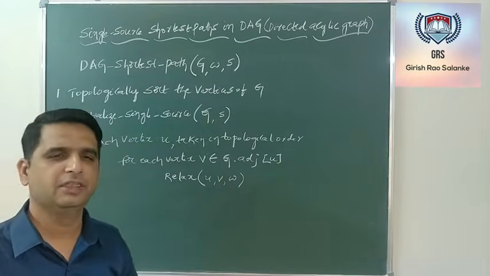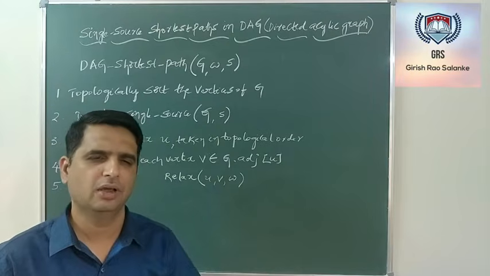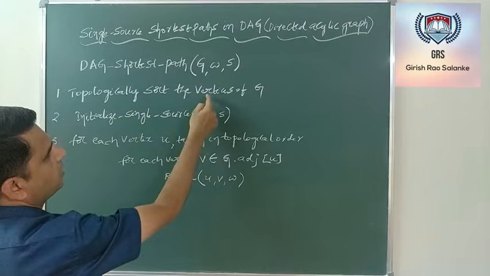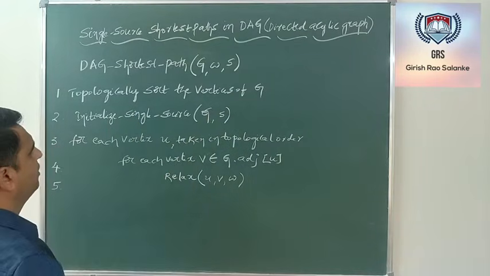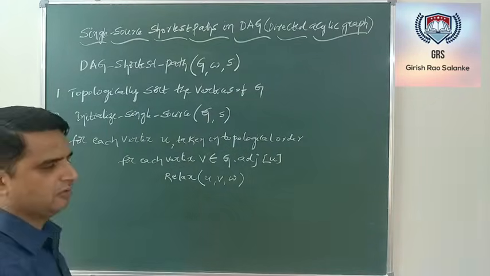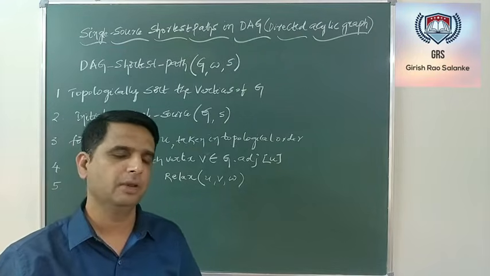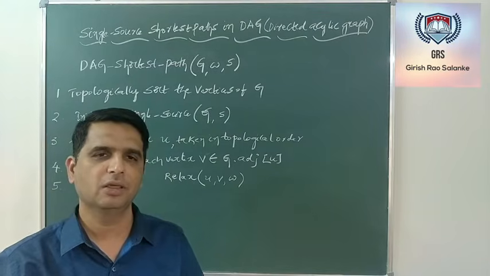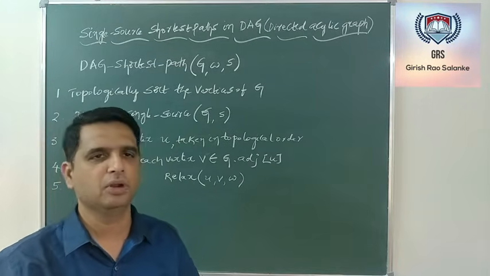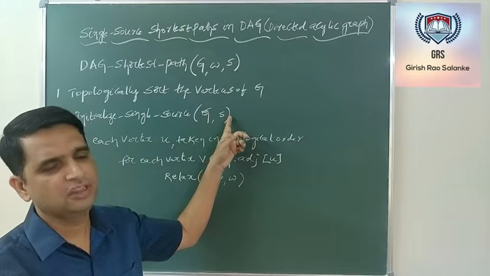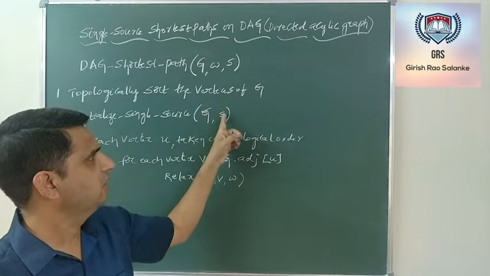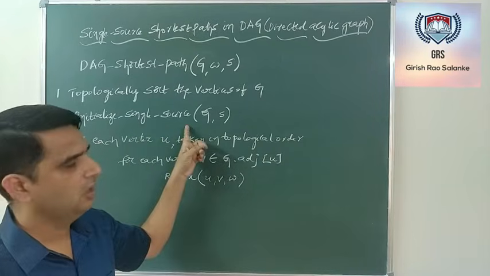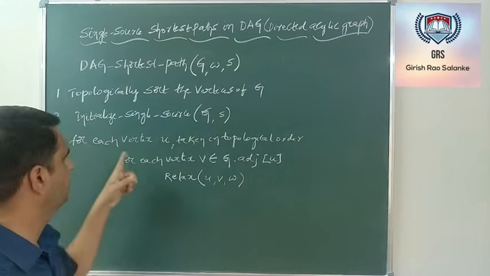Hope, with the example that we have discussed, you are sure about what we are supposed to do in this algorithm. So the first step was topologically sort all the vertices of the graph. Next is initialize the single source. If you have gone through the Bellman-Ford algorithm in my previous video, you must be aware that the initialize single source algorithm has 2 inputs. One input is the graph and the second input is the source vertex. Here the source vertex is S. So the second argument to this initialize single source algorithm is S. Now third step,